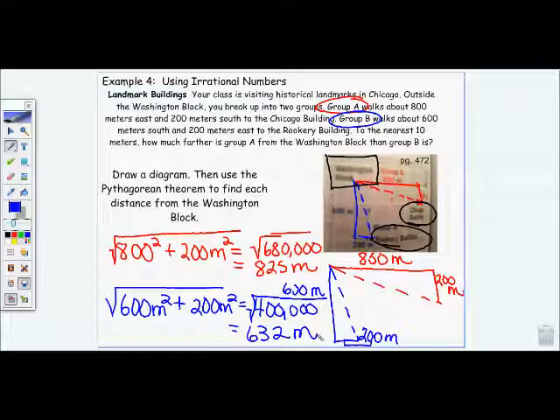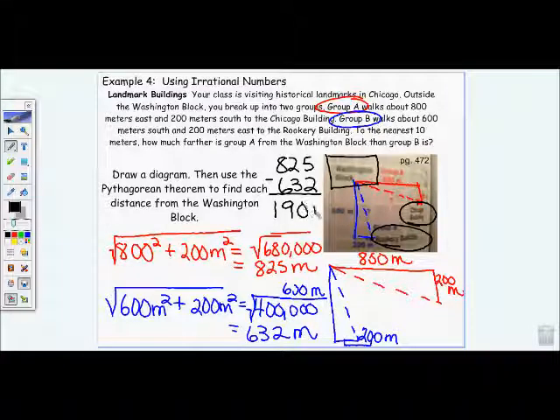To the nearest 10 meters, Group A is about 190 meters further from the Washington Block than Group B. And I got that by just subtracting the two of them. So if I do 825 minus 632, nearest tenth again, I can round those, and that is where I come up with the 190 meters to answer the question. How much farther is Group A from